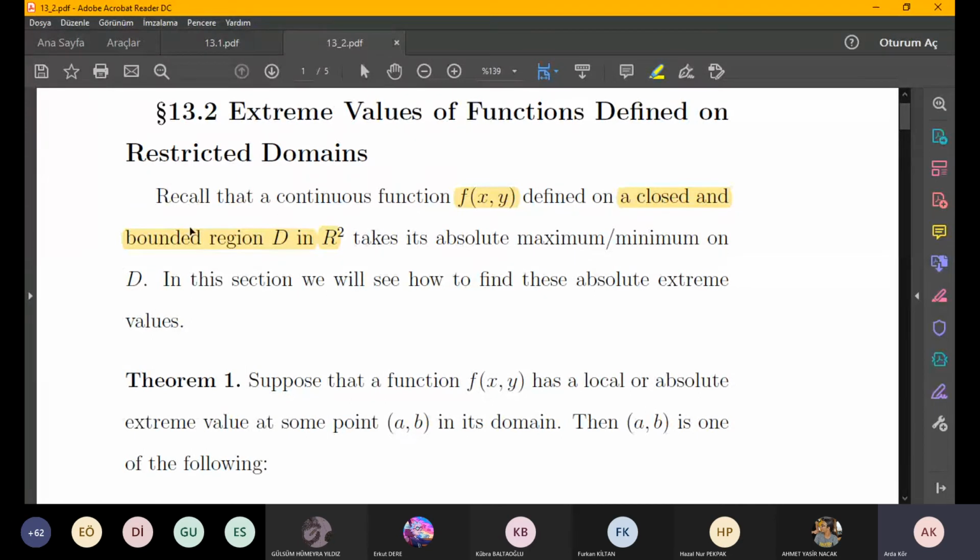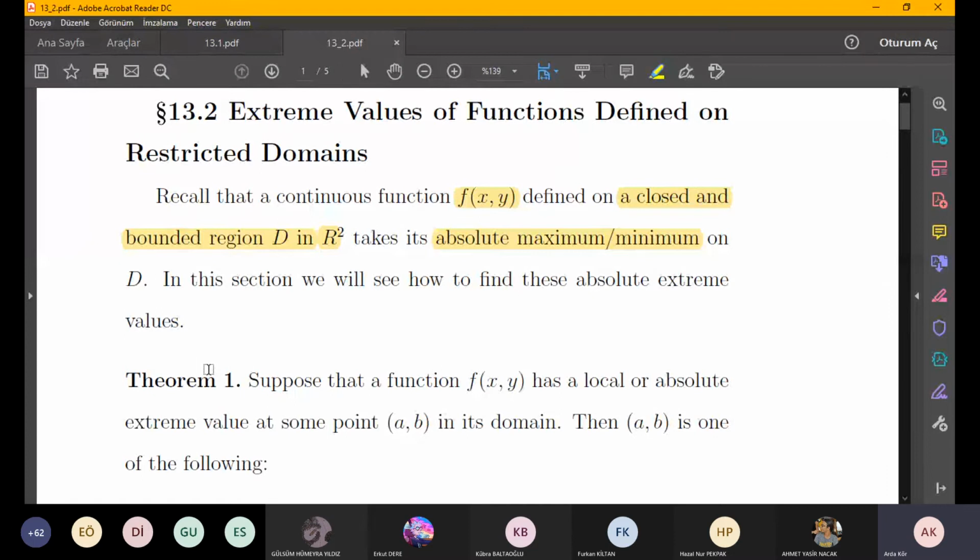So we said that in the previous chapter. If the function is continuous and defined on a closed and bounded region, then it must have an absolute maximum and minimum value on that domain. And for this section, we will see how to find these absolute extreme values on, let's say, restricted domains,